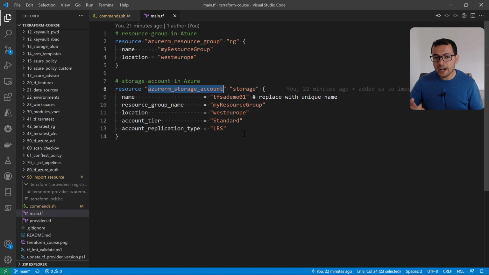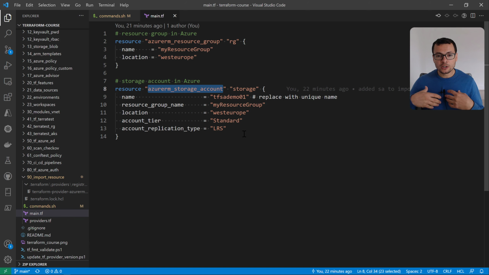So from here, if I try to push or to apply this configuration using terraform plan and apply, Terraform will compare these resources with the ones inside the TF state file. It will not find them in the TF state, so it will consider that it should create new resources of type resource group and storage account. When we run the command terraform apply, then Terraform will see that this resource already exists, so that will fail because the storage account does already exist.